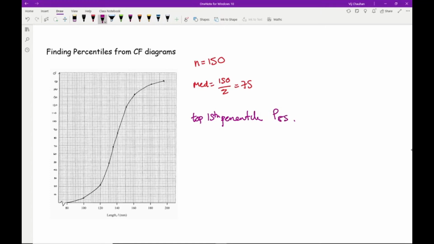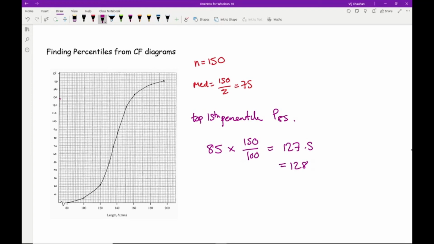So what I would then do is 85 times 150 over 100, and simply type that into my calculator. So 85 times 150 divided by 100, and I get an answer of 127.5. And if I round that up to 128, then what I'm going to do is find where